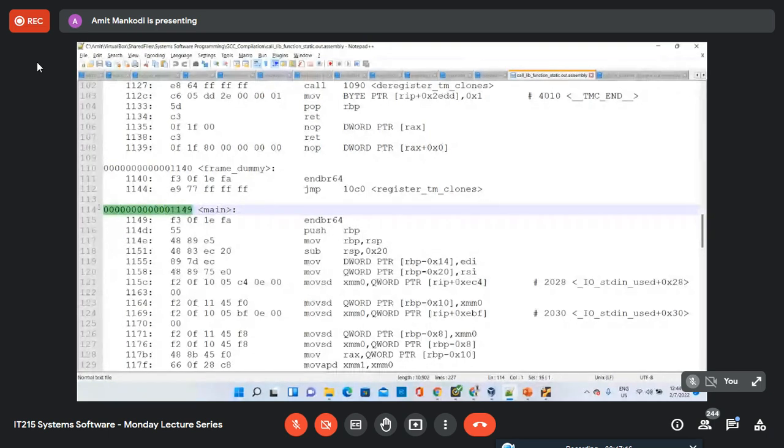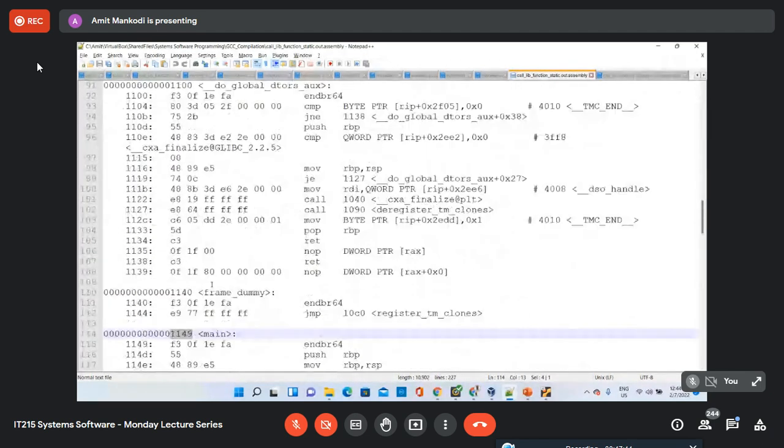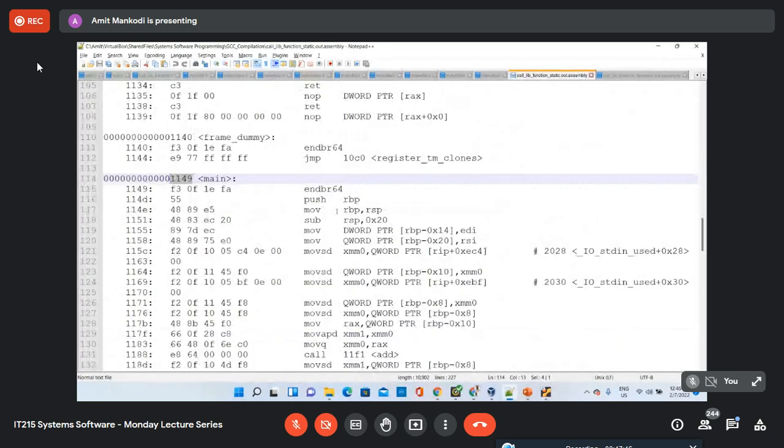Now, when I look at this program, there is a function code for main, right? And it is saying it is loaded at this particular address in the memory. So when this executable file is loaded into the memory, this will be the starting address of the main function. The starting address could be anything, but this is an absolute address that we are looking at, the absolute address of 1149. Let's say this program starts from 0, but then the absolute address will be 1149.